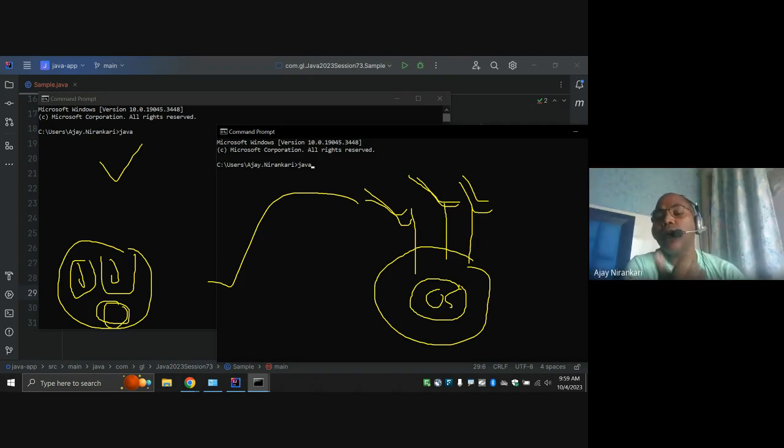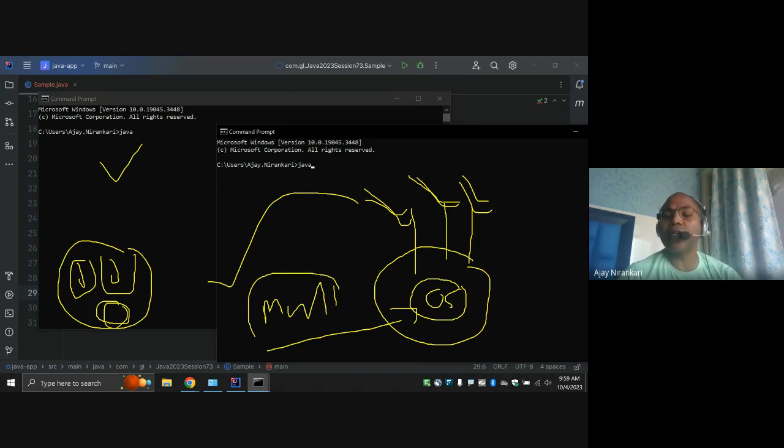It's possible because the operating system supports multitasking. This multitasking concept means multiple tasks, meaning multiple processes, are running simultaneously at the same time. More than one, two, three processes are running.